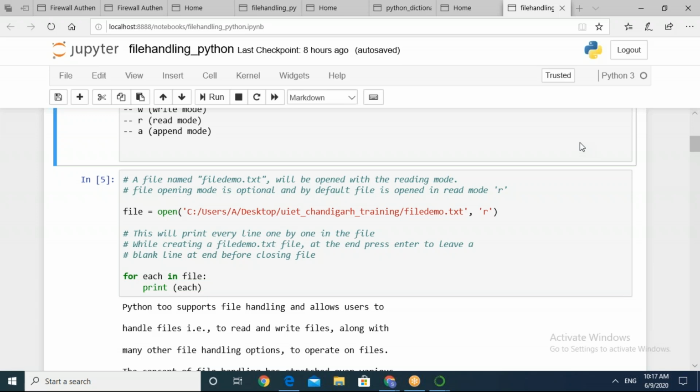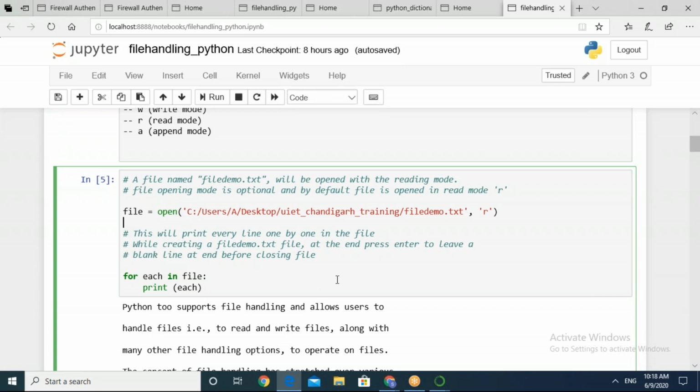Mostly in Python, two different types of files that we normally handle are text files and binary files. Till now, you people have not worked particularly on data frames, I think; that is kept for upcoming sessions. In the second session, we will briefly make use of it so that you can work upon Excel files and CSV files with ease. Right now we are simply working upon text files, so we are moving ahead to see what other kinds of modes we can make use of.